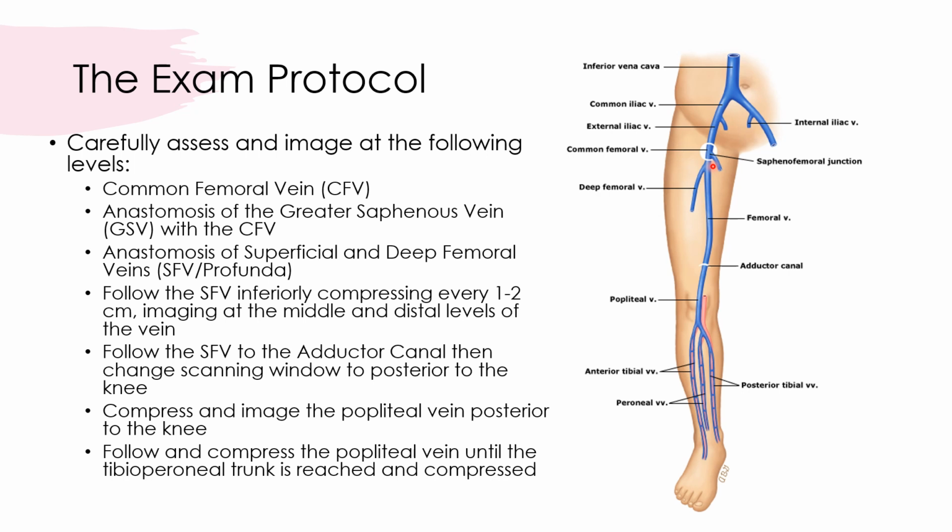Let's say you want to be thorough. You're going to continue to compress every 1 to 2 centimeters all the way down that medial thigh until you lose the vein. Then you're going to basically pop behind the patient's knee, angle upward, and compress from behind the patient's knee all the way through the popliteal, and then image there at the popliteal. Continue compressions every centimeter or so beyond that until you see the origin of the tibioperoneal trunk, and at that point you're going to have a completed exam. So that very simple, very quick